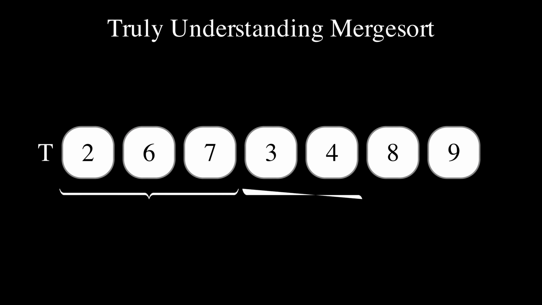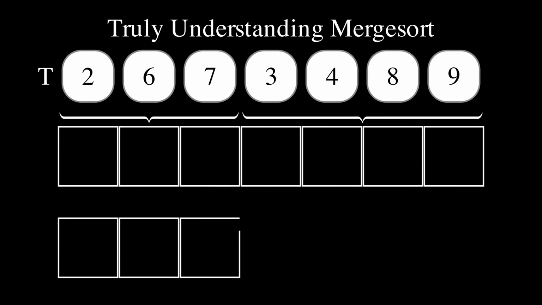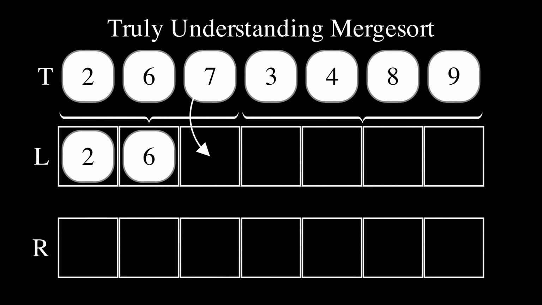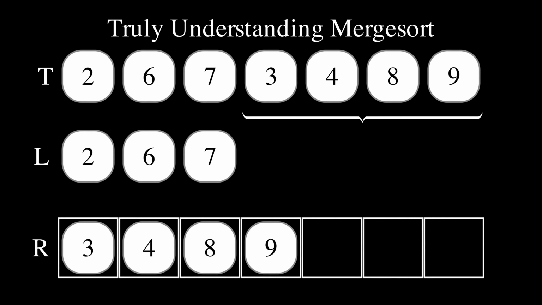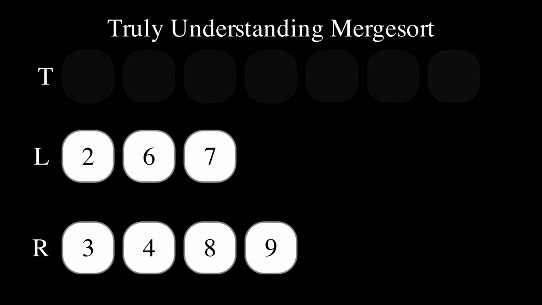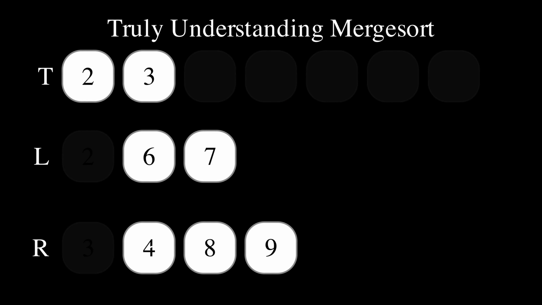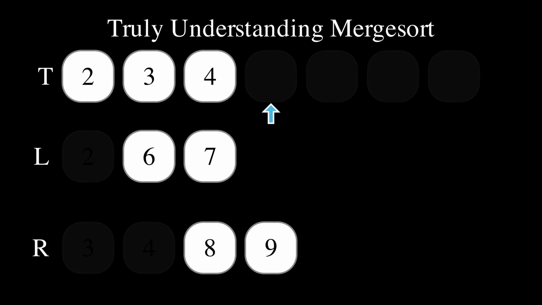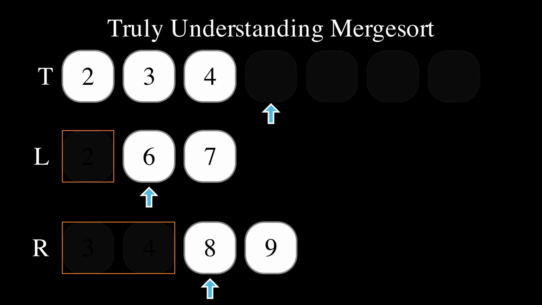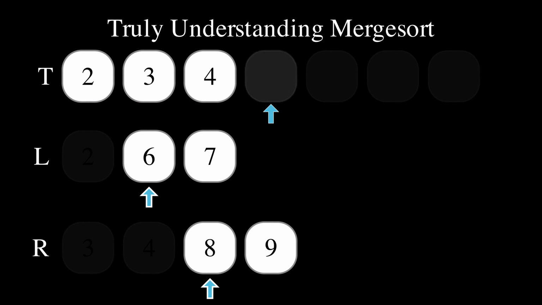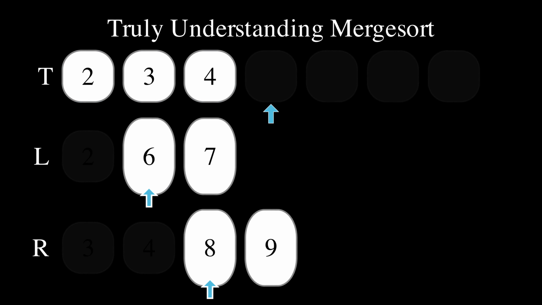To merge the two ranges, we use additional memory in the form of two temporary arrays called L and R. We copy each range into its own temporary array. We forget for now the contents of the array T, as it will be overridden by the merging. We fill in the array T from left to right, with the elements in increasing order. To do this, we use 3 pointers, each into one of the 3 arrays. Everything strictly before the pointers into the temporary arrays has already been processed and stored into the array T. The pointer into T indicates the next position in T that we should fill in. The idea is that all elements that have already been placed into T are smaller than all elements that remain to be processed in both L and R.